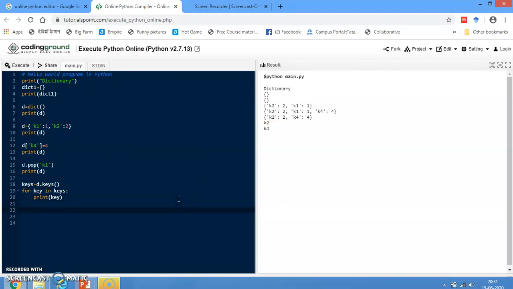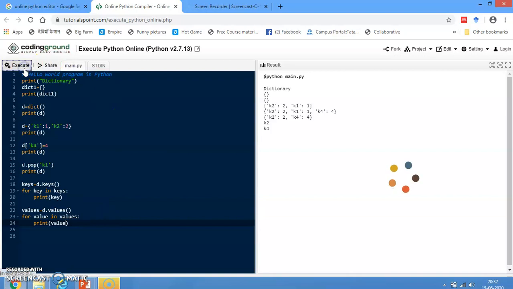Similarly, the values of a dictionary can also be printed. values equal to dictionary dot the function values, as in the previous case of getting the keys. Here also we are using a for loop, just print the value obtained in the previous step.